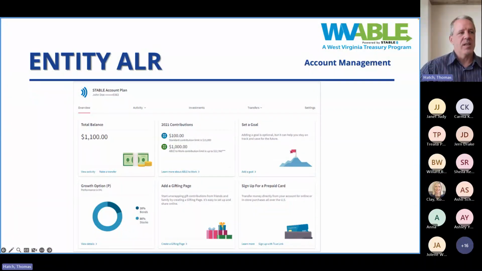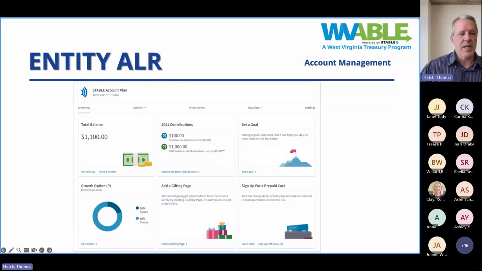It's going to have the plan name at the top with their name and a truncated account number. You're going to have all these different tiles, nice tiles in the middle that show you account balances, how much they've contributed this year, and not only how much they've contributed, but how that relates to the maximum amount that they can contribute. You can set goals. You can see the investments that are structured, what investment choices have been made, rates of return on those investments over the period that they've had the account.